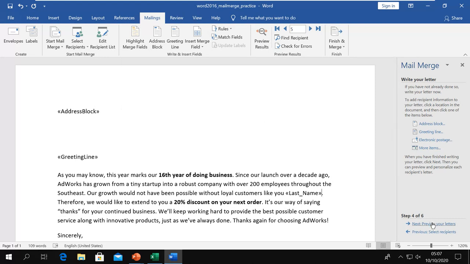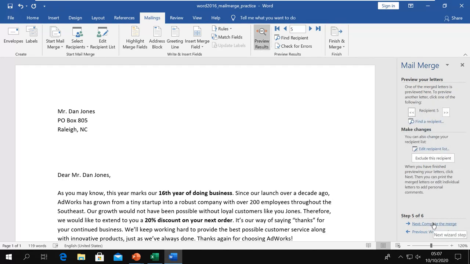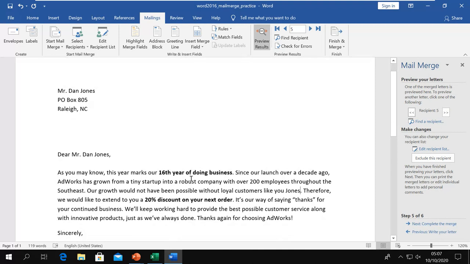Now we'll go to the next step, that is preview your letters. When you go next, you will see here those names and addresses which you typed, which you added. Now it is not showing placeholders, and here you can see all the recipients one by one.